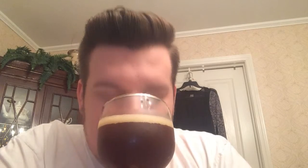Up in the light, it is just a very dark and unfiltered shade of a kind of rusted mahogany brown sort of color, as you can see. Looks really nice in the glass. As far as the smell goes, that smells great. It has notes of